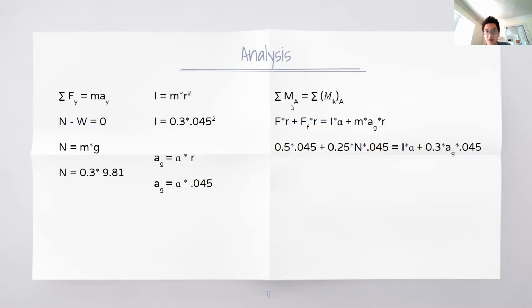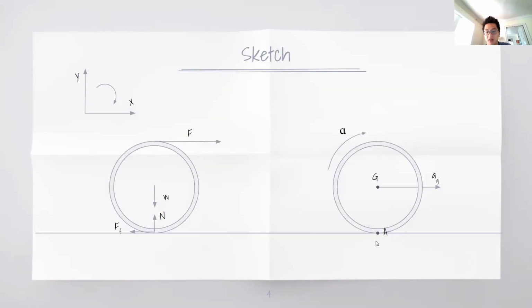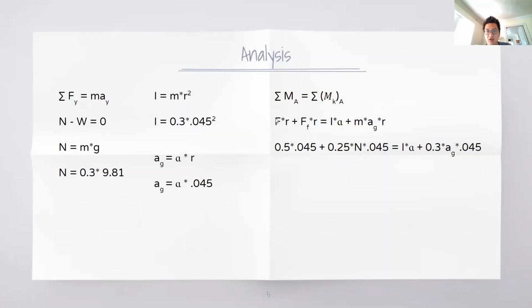So looking at our moment about A, which was this point at the point of contact of the roll of tape and the table. So we have our applied force times the radius plus the force of friction times the radius is equal to I times alpha plus our mass times acceleration of gravity times r, which is